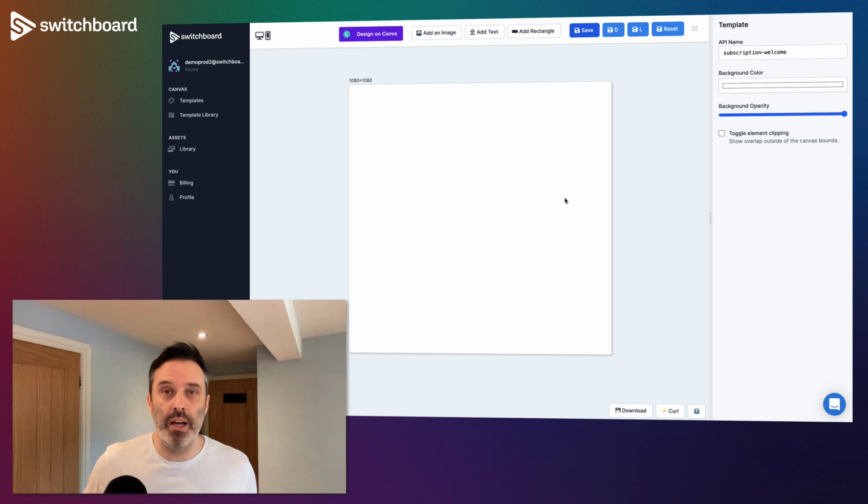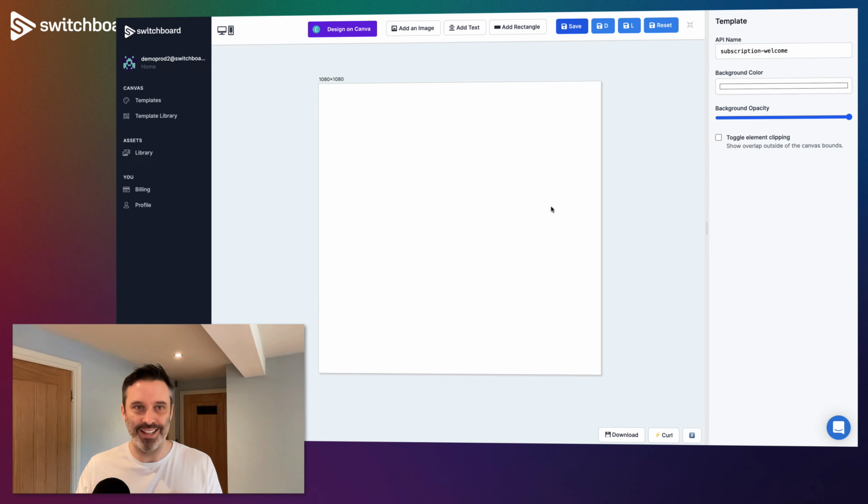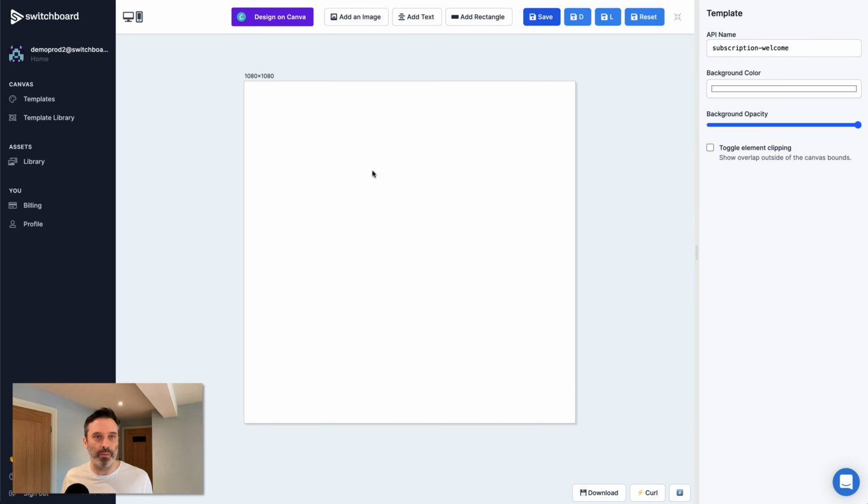This time, connecting a subscription form from your WordPress site to a Switchboard Canvas image that welcomes that new user and emails it to them. Classic Switchboard Canvas use case. Let's get into it. What I'm going to do is come in and design in Canvas a really quick